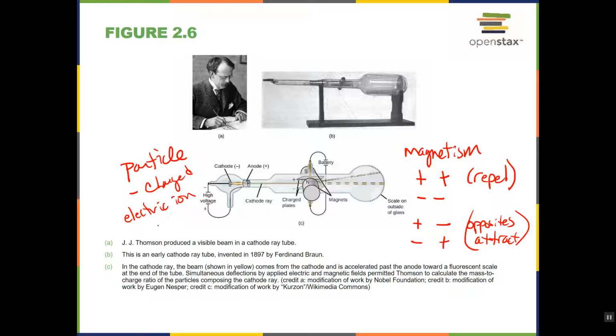And so they put the two together and they get electron. Okay. Now, Thomson was also able to, based on these, remember you got the scale on the outside, right? So you could see how far it was moving, and he knew how powerful the magnets were. So he was able to calculate this charge to mass ratio. And this becomes very important because if you can calculate the charge to mass ratio, that's the first step in